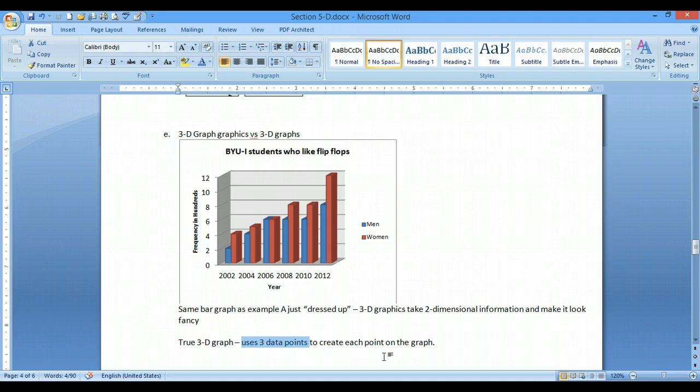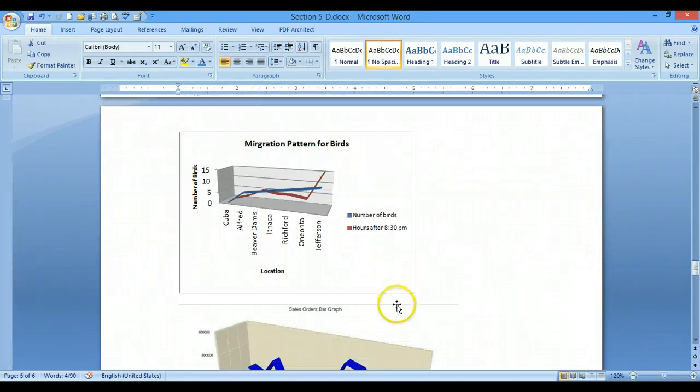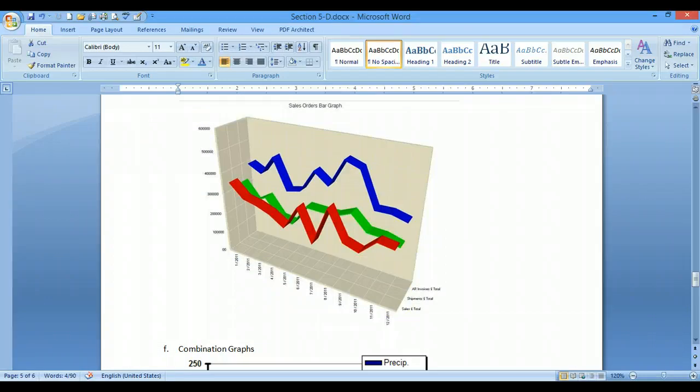These are known as the X, Y, and Z axis, and you need 3 data points. I like this one best, or you can use the one from your book example, and I'll bring that up later. Here's one that has 3 specific data points for every single point you see in this graph in the blue, the green, or the red line. And this right here coordinates with the number of sales in the date